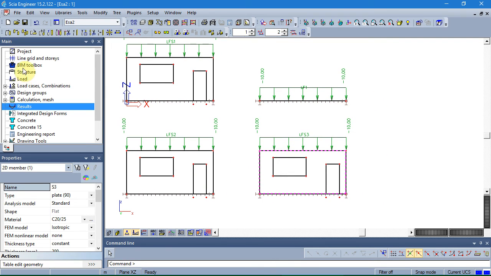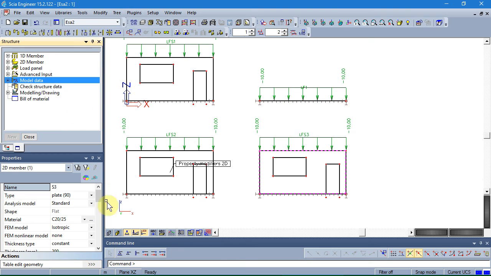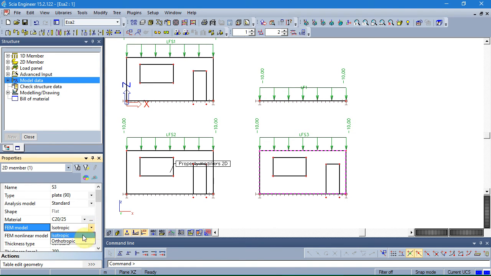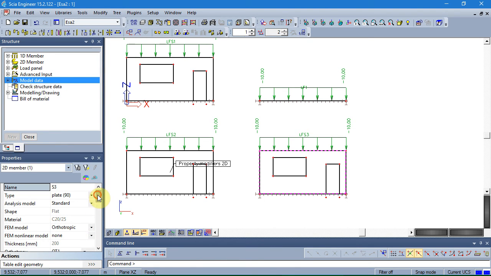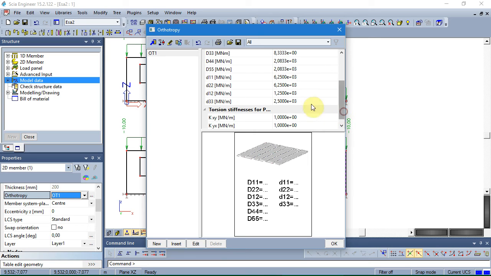And this will be also the problem on this model if we change the stiffness to 0. If I go to structure and change the wall to an orthotropic wall, then I can change the orthotropic properties. And in the same way, like with the stiffness modifier, start with this value. This is 1. So we can make it smaller to 1%. So from 1000 to 1.